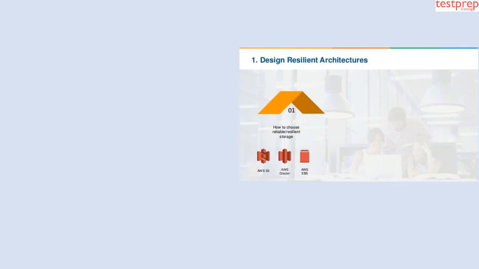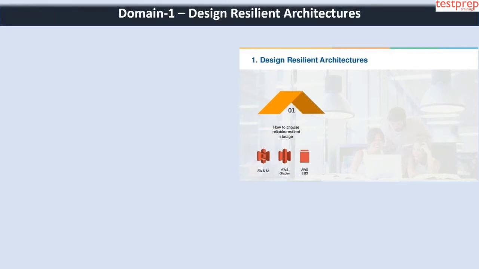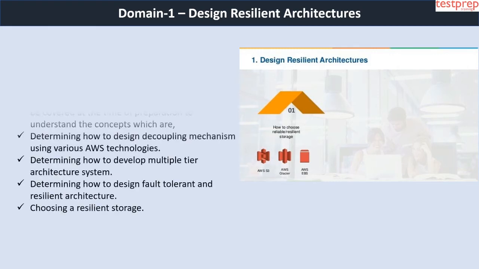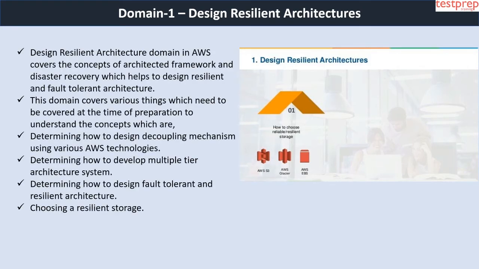Let us now discuss the course outline topics in detail. Domain 1, Design Resilient Architectures. The Design Resilient Architecture domain in AWS covers the concepts of the architected framework and disaster recovery, which help to design resilient and fault-tolerant architecture. This domain covers various things which need to be covered at the time of preparation to understand the concepts, which are: